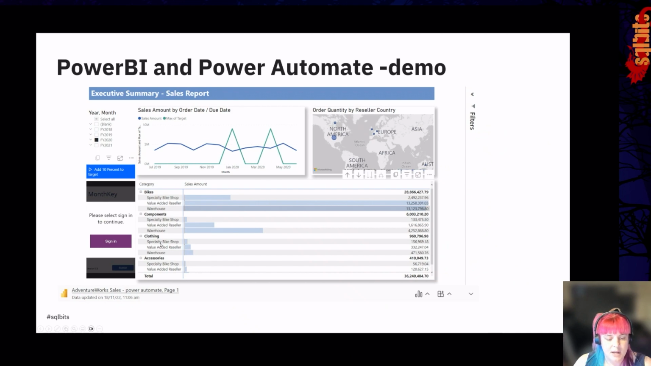And now inside our Power BI report, we've got this button to be able to add 10%. So we can see roughly what the figures are now. And if we click that, it's going to call the flow, and then it's going to change it. Now, this happened to me last time I looked at this demo where it would not actually